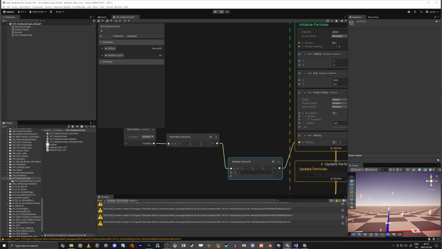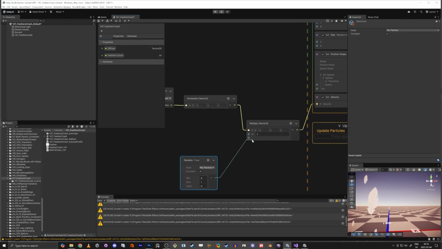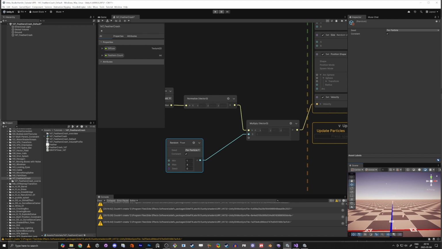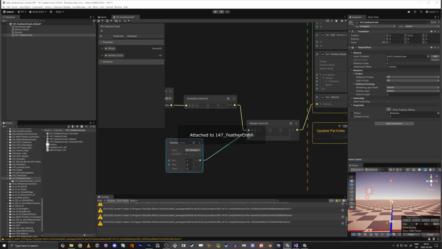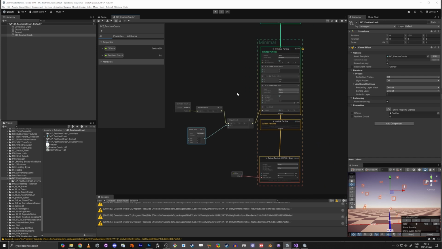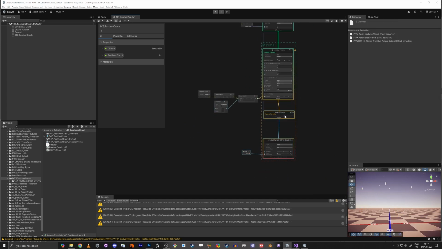And we want it to be a little bit random. So we're going to do a random float. And if we multiply here, now we get different strength on them. And I want the minimum to be 1, maximum to be 4. Now we have kind of different forces to it. So that's perfect. So I'm just going to move it up a little bit like this. So now that's kind of the initialize,